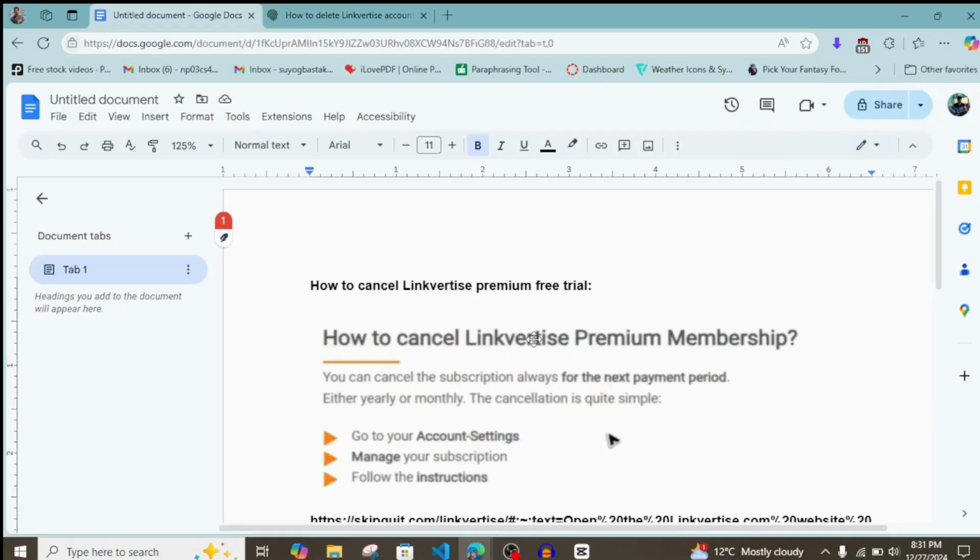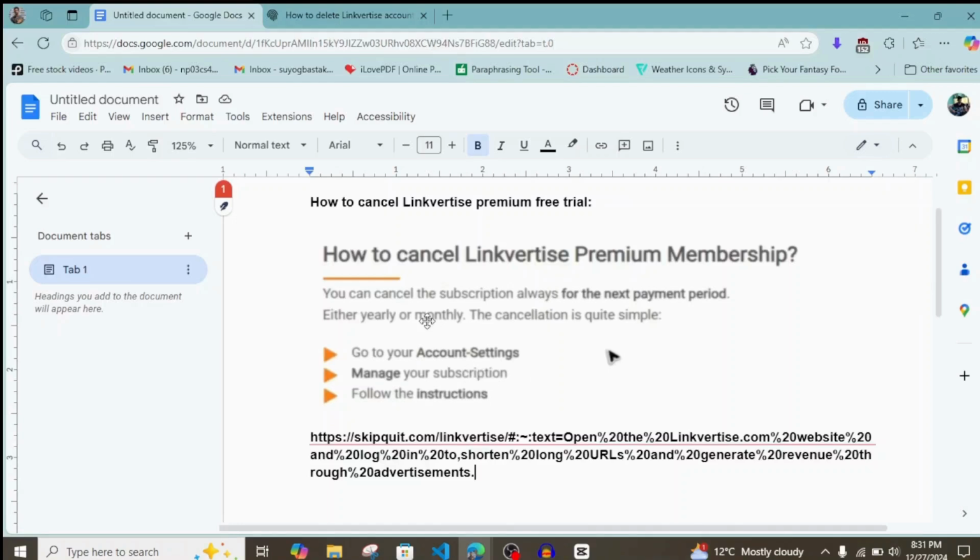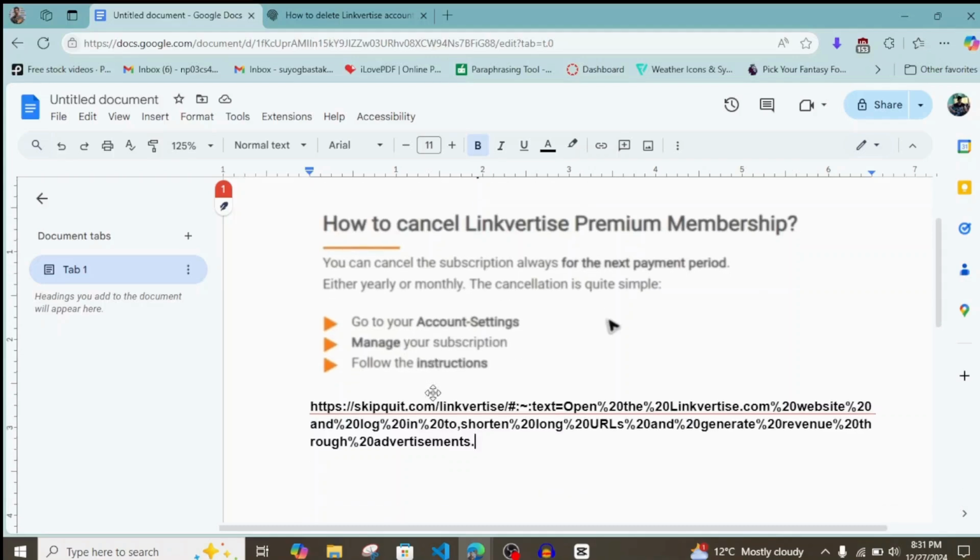First, make sure you have an account active on your Linkvertise, and you need to simply go to your account settings, as you can cancel the subscription always for the next payment period, either yearly or monthly. The cancellation is quite simple. So once you go into your account settings, manage your subscription, select your manager of subscription button and follow the